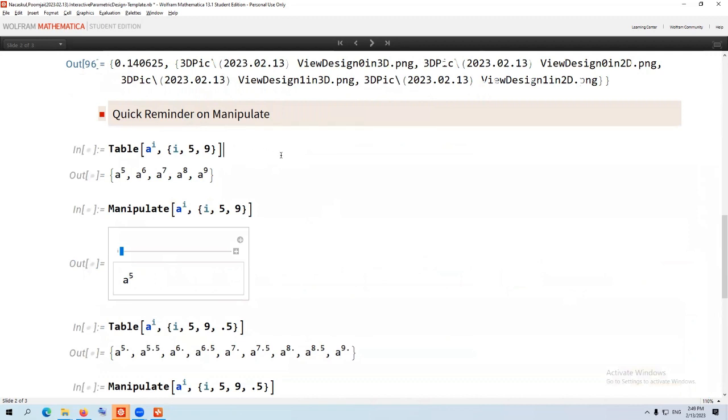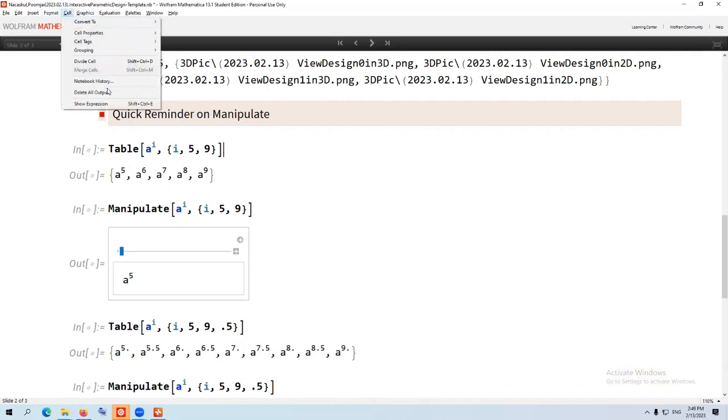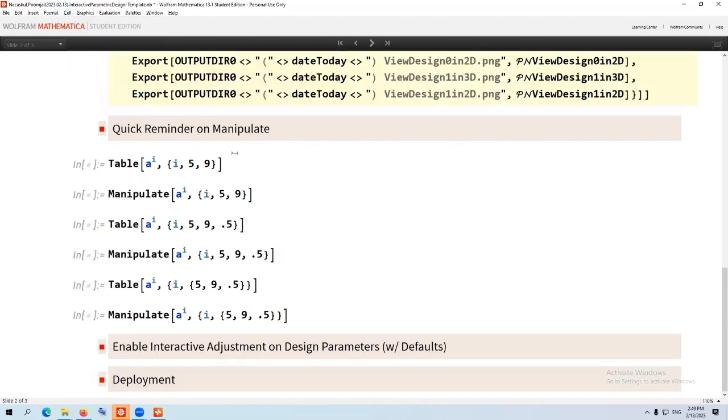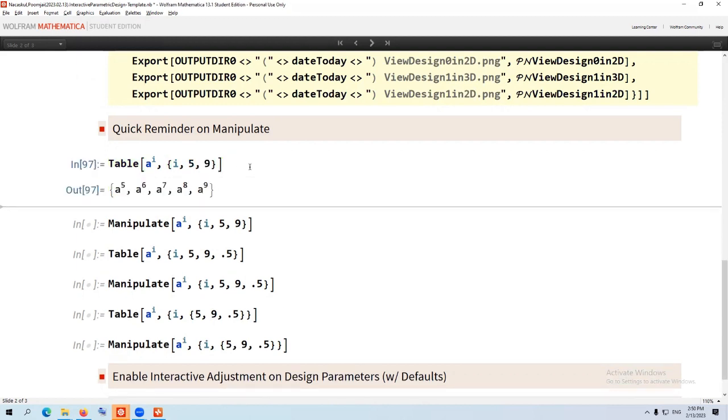So if you have a Table of a to the power i, and I put in the bracket i from 5 to 9. If I have this, what do you think is going to be the result? It's going to substitute i for this thing, number 5 to 9. Now, by default, because this is an iterator, it's going to assume that you mean integer. So it's going to go 5, 6, 7, 8, 9. So it's a table or a list of a to the i going from 5 to 9 in